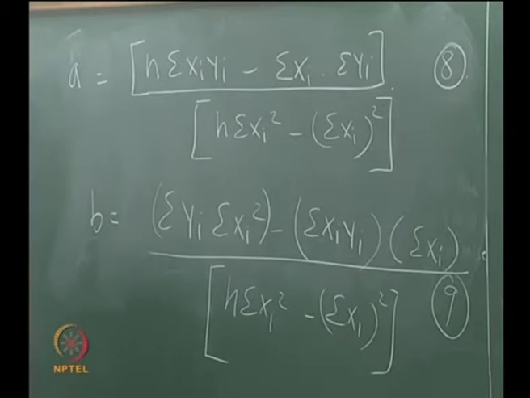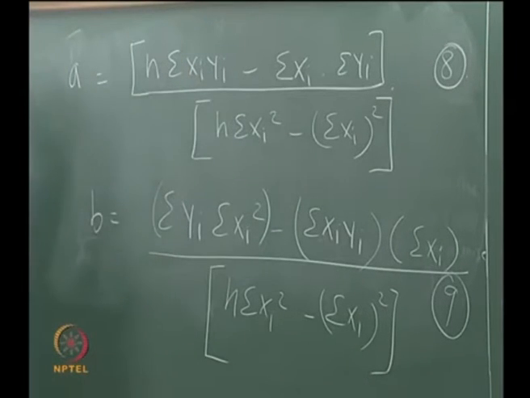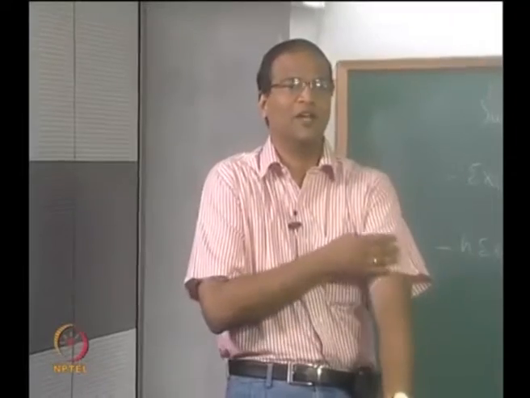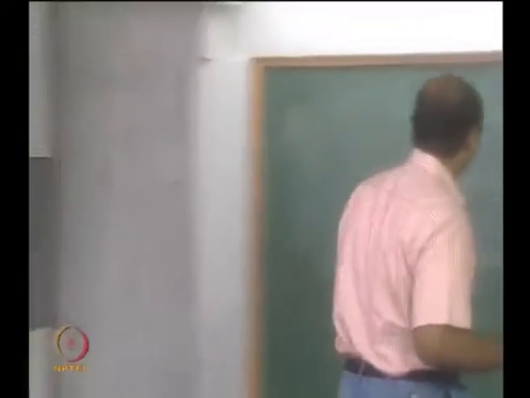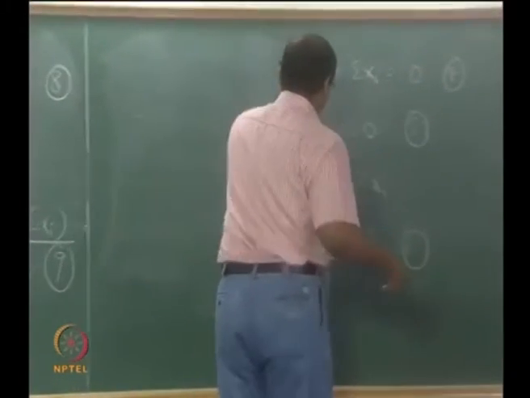Okay. So you got the values of A and B, unique values of A and B. So this is the best representation of the data. Fine. What these mean and whether we have really conquered the problem, whether there is a substantial improvement in our understanding or a representation by trying to force y equal to ax plus b and all that, we will evaluate in a short while. Anyway, so we got A and B at least.